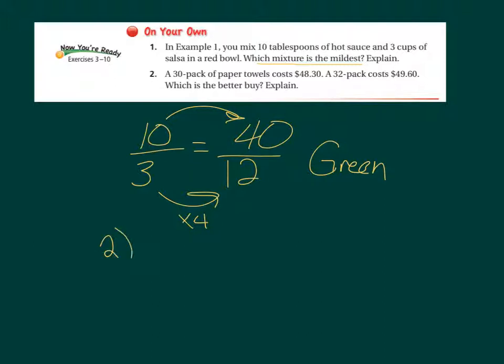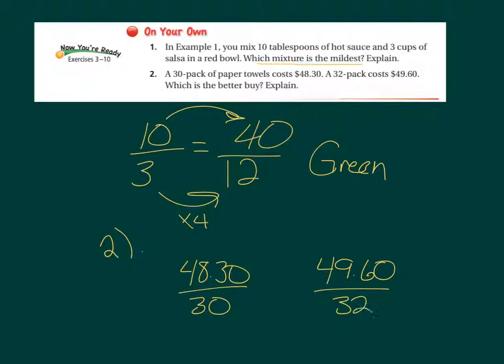Number 2, it says a 30-pack of paper towels costs $48.30. So again, I have $48.30 on top for 30 paper towels. And then it says a 32-pack costs $49.60, so $49.60 for 32. And it says which one is the better deal. So what I have to do for this one is take $48.30 and divide it by 30, and I get 1.61, so $1.61